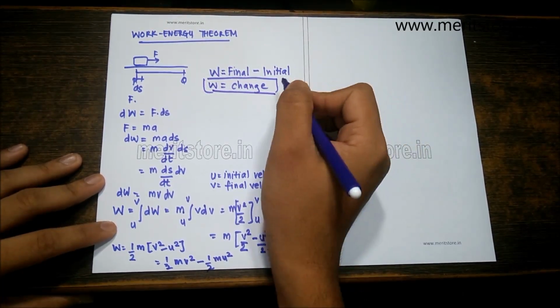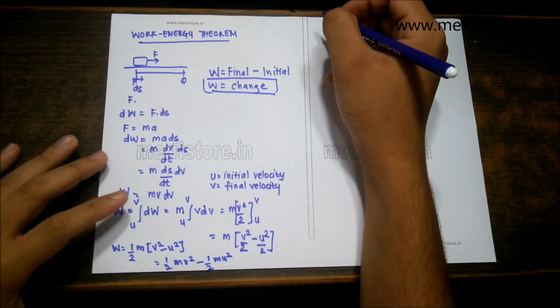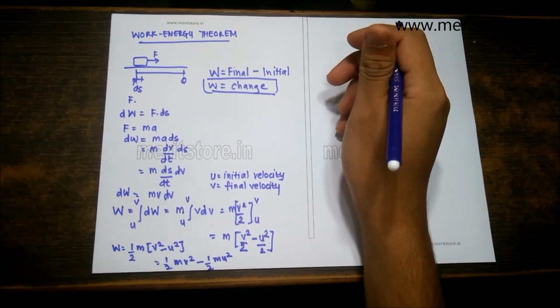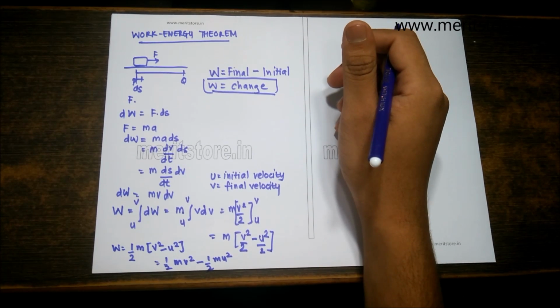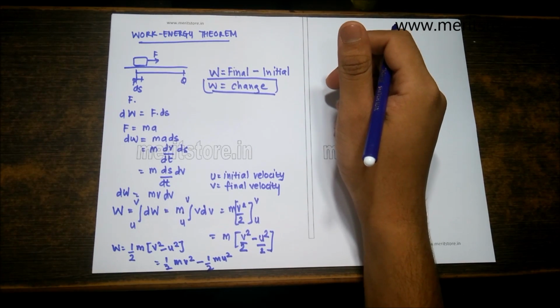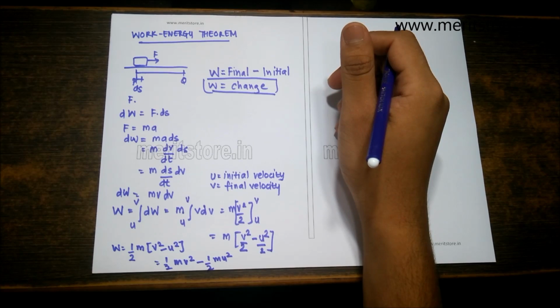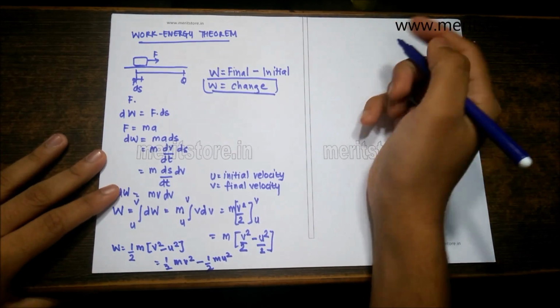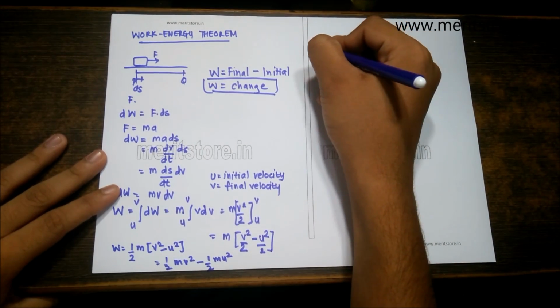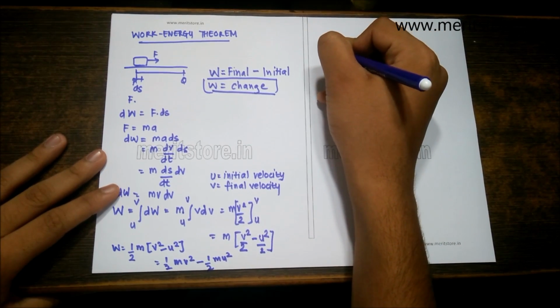This is my work energy principle. The law of conservation of energy states that energy cannot be created nor destroyed. It can only be converted from one form to the other. And the total energy of the universe is the same, which means that my total kinetic energy